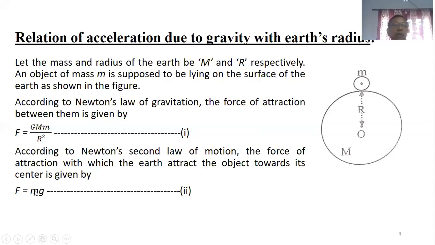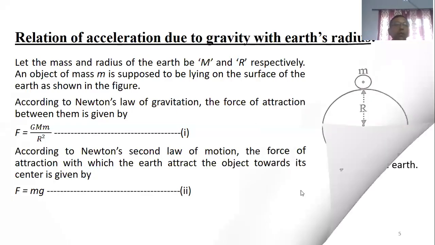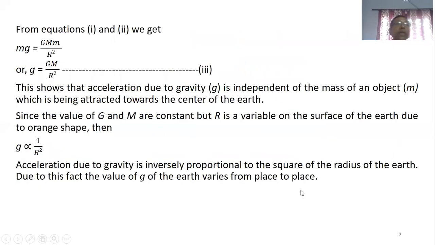It is taken as equation 2. Now we can combine equations 1 and 2. We get mg equal to GMm over R square, where m on the left and right will be cancelled, and thus we get g equal to GM by R square, which is the formula used to calculate the acceleration due to gravity of the Earth, and it is denoted by